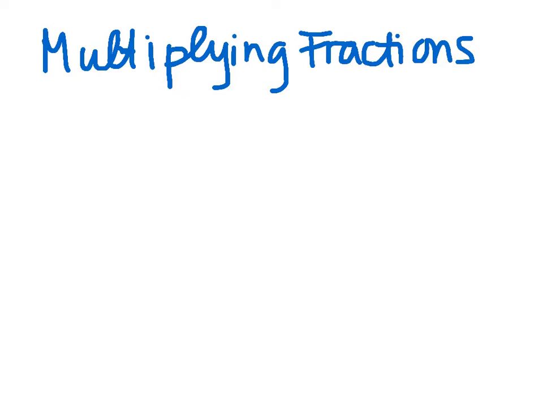Multiplying fractions in algebra is, you guessed it, just like multiplying fractions in arithmetic. If I start with the example 8 over 9 times 3 over 10, I know that some of you just multiply across and then simplify, but because it mirrors more closely what we'll be doing in algebra, I would like